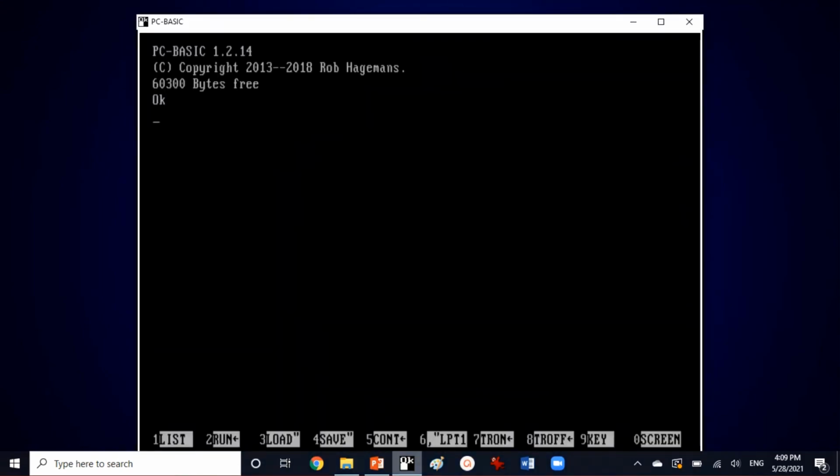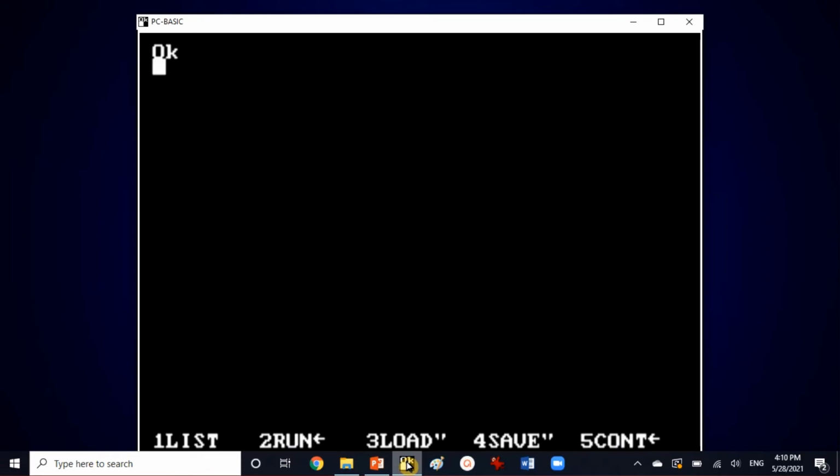Now learn how you can switch between different screens. When you open PC BASIC or GW-BASIC, the default screen is screen number 0, text mode. When we want to go to screen number 1, medium resolution graphic mode, you have to write the syntax SCREEN 1. It will switch you to screen number 1. You can see there is a difference in the number of pixels, so the screen is not very clear.